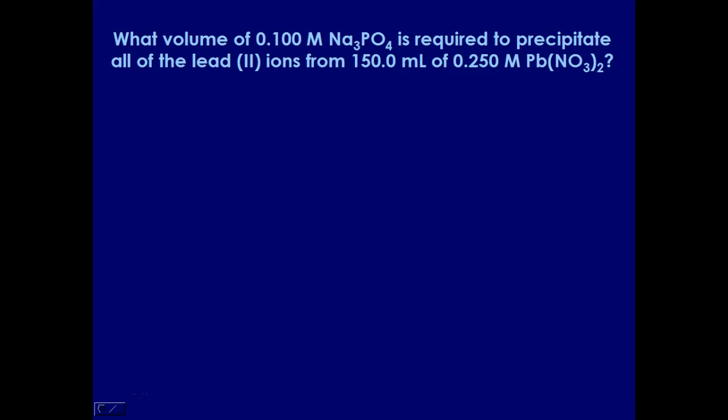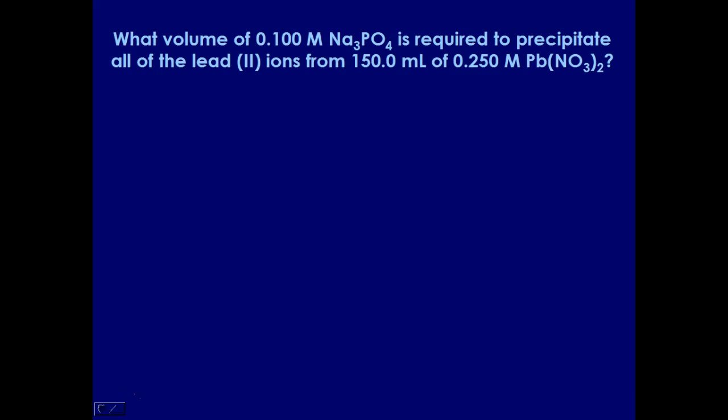So this first question asks us to figure out how much of the sodium phosphate solution, 0.1 molar, would be needed to precipitate out all the lead-2 ions from 150 mL of 0.25 molar lead-2 nitrate. In order to do this, we do need to write a balanced equation. You could write a net ionic equation, or you can just go with the complete molecular. I'm going to go ahead and just show you the straightforward molecular one so that you see where all the